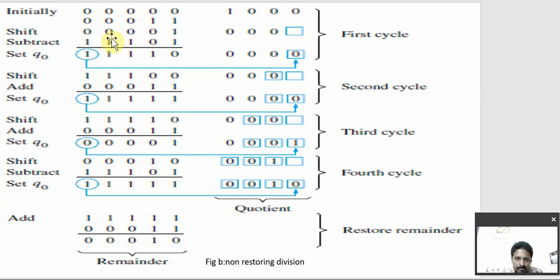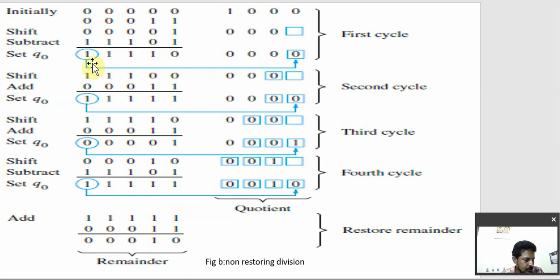So whenever you move this one in this fashion, here we will get an empty bit. Then you want to perform A minus M. Already we have the minus M value, we will identify it, and we will add it to A, because we take the 2's complement of M and add this value. So again we will get this one, and again we will take the sign bit as 1.